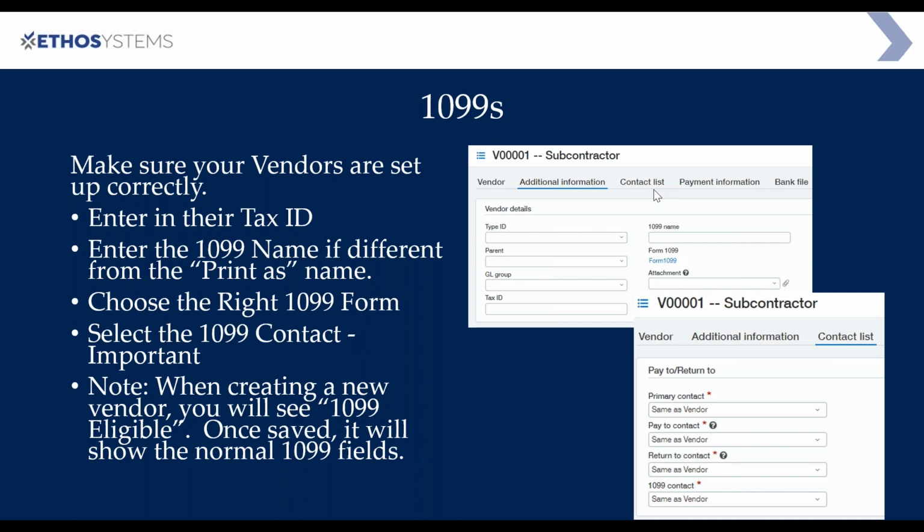So under the vendor screen, I've got my vendor screen here. Under the additional tab, make sure that their tax ID number is in there. You need that number. You have the 1099 name. Enter the name if it's different as the print as name, which is on the front tab. And then make sure you choose the right 1099 form. And that's really important. So what you do is you click on the word 1099 form and you choose the